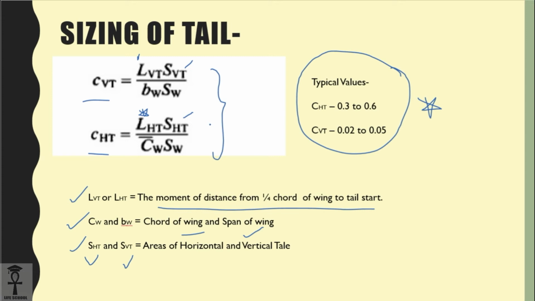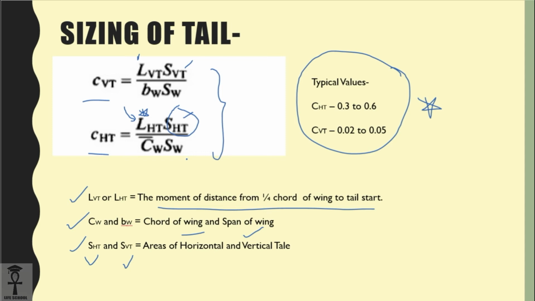So what I've done over here is I used Excel for that, and from Excel I have characterized this equation in terms of the area of the horizontal tail, and from that I have used several values of moment arm, and from that I calculated the area that I require for my plane. Then similarly I went through the calculations, selecting an aspect ratio and dividing the tail in span and chord, and from that I'm going to size the tail.